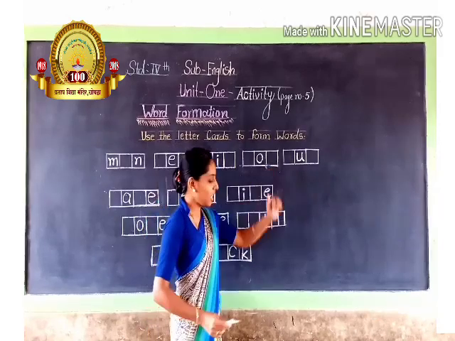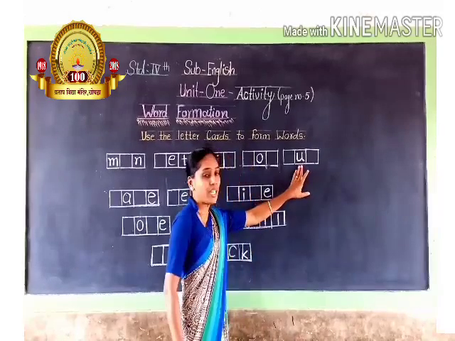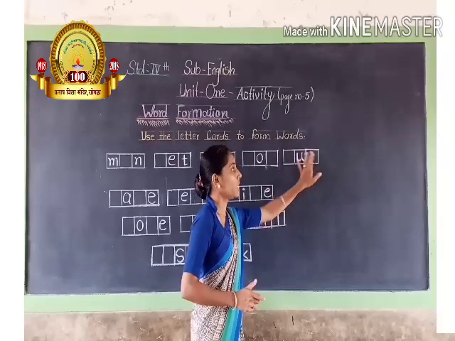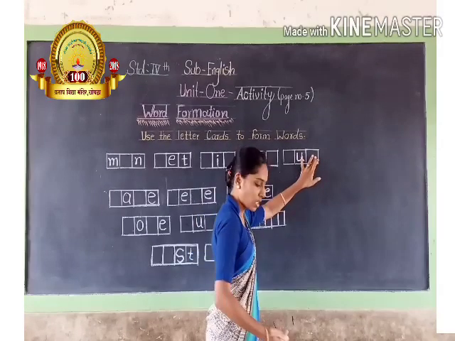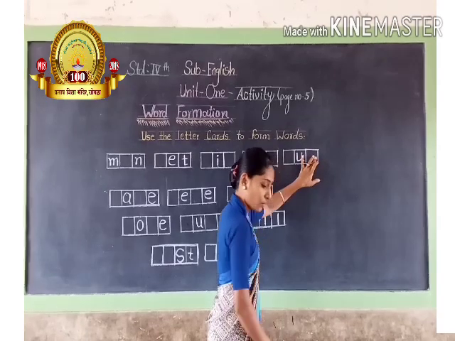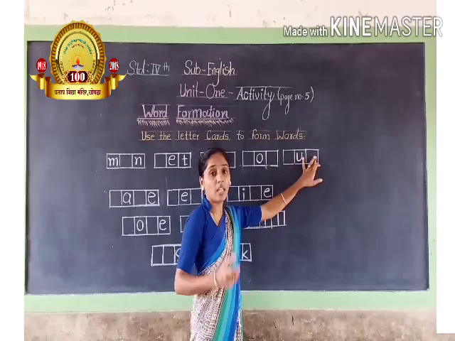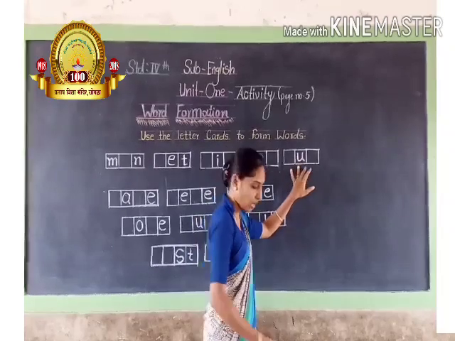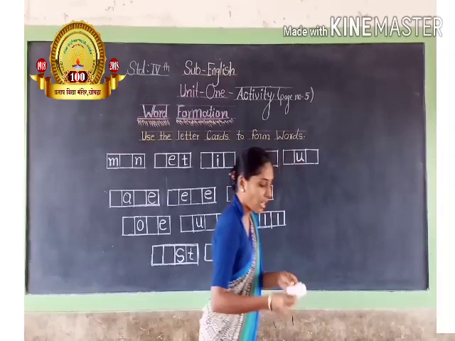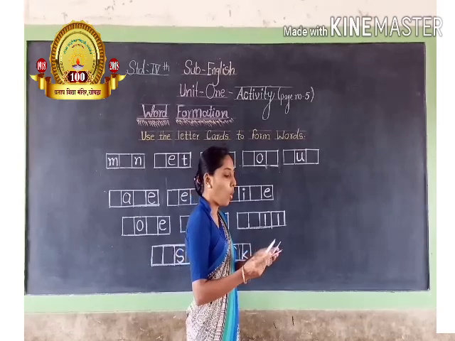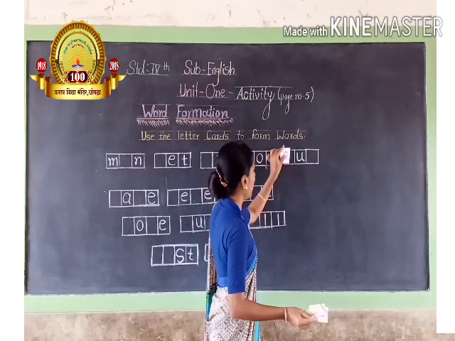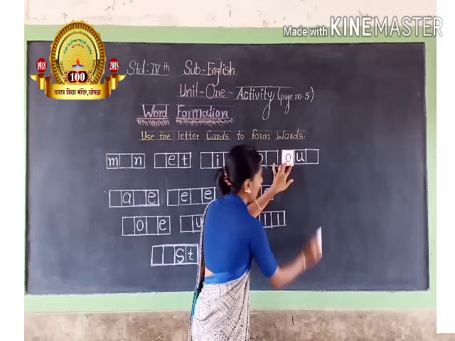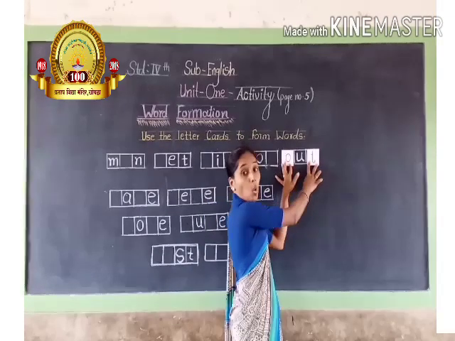Okay. Next one: in this word the middle letter is U, which is a vowel. Then we put two different consonants here to find another word. So many times one word contains more than one vowel also. Here U is already given. If we put another vowel, O, here, O, U and T, which word is found here?